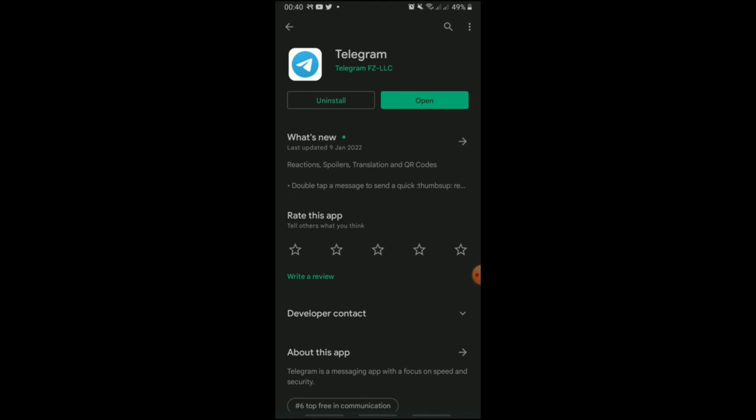If you see an update button, tap on it. Your app needs to be up to date to function properly. So, open Telegram to check if the file can be downloaded. If it is not working yet, open Telegram on your device